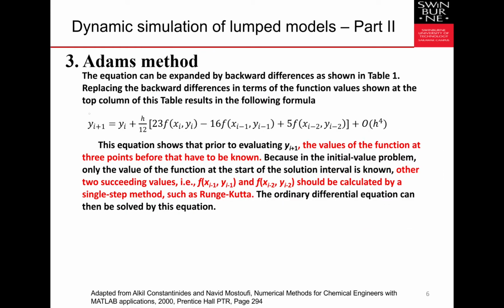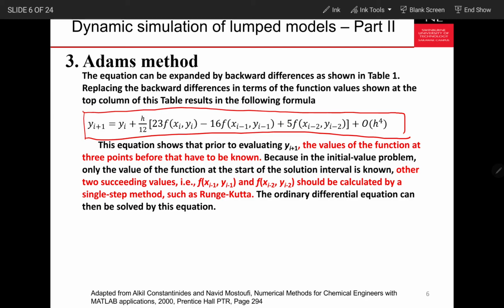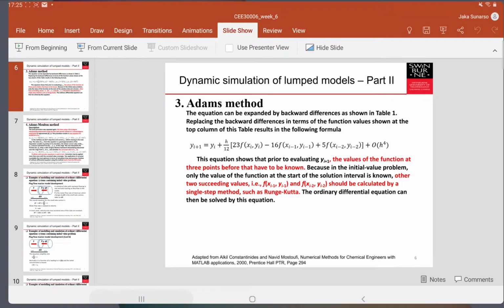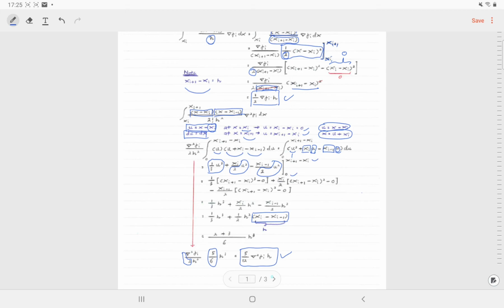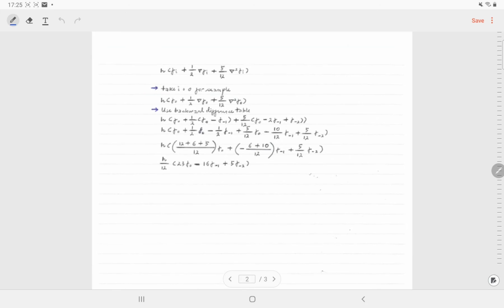To get this particular formula of the Adams method. This I also show in the additional materials. Okay, go into the next page of the additional materials in here. If we go into the next page in here, we take i equals 0. Then we can convert this i equal to 0, this i equal to 0, and then i equal to 0. Then using a backward difference table, we can convert this into this. And then this second order into this term in here.